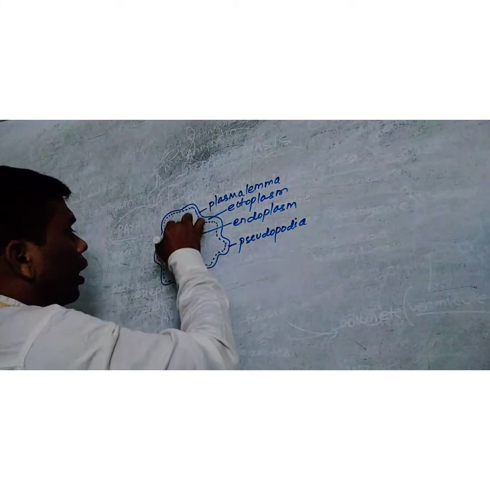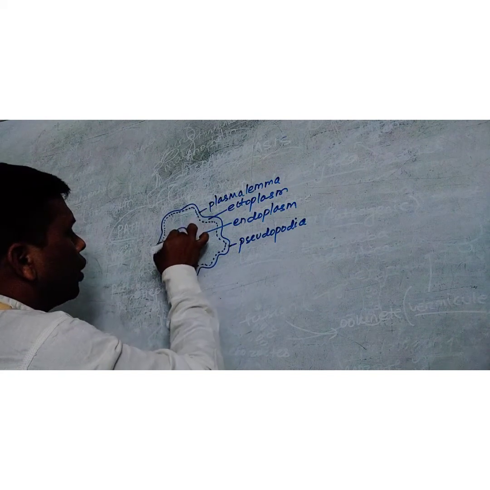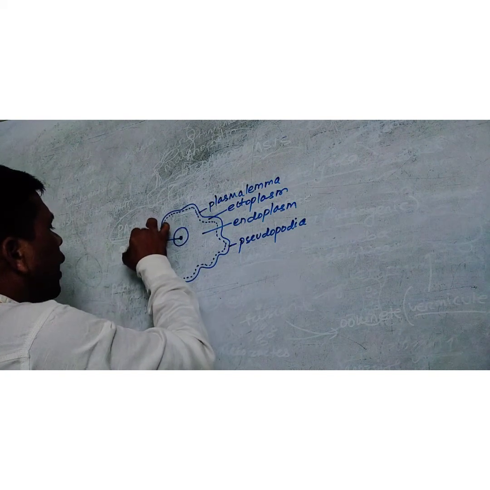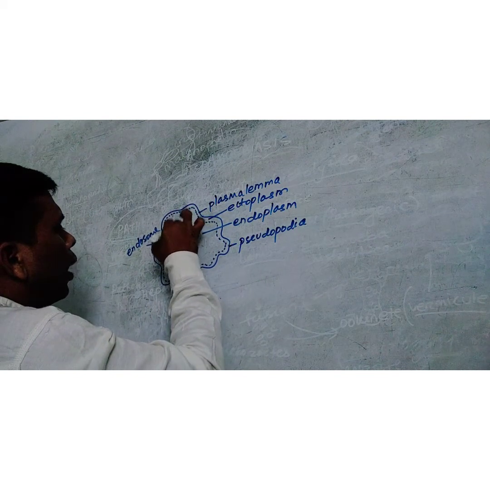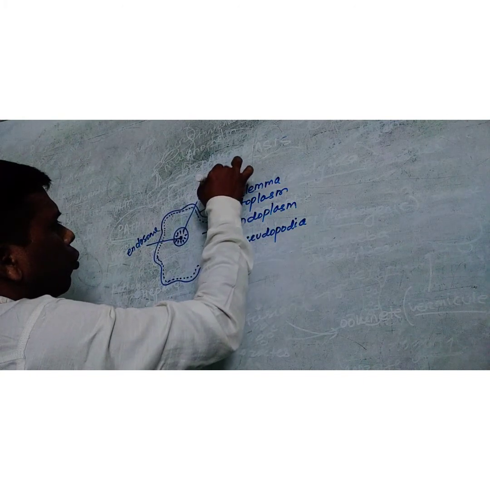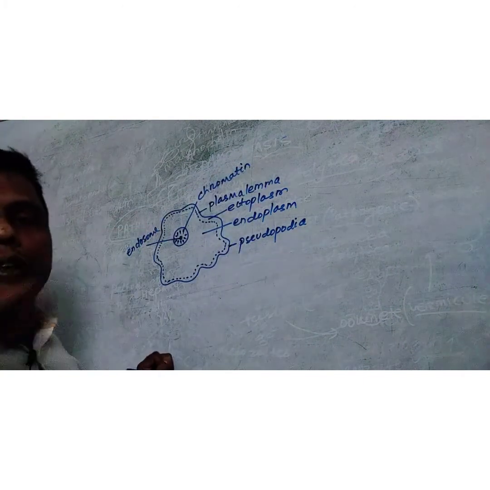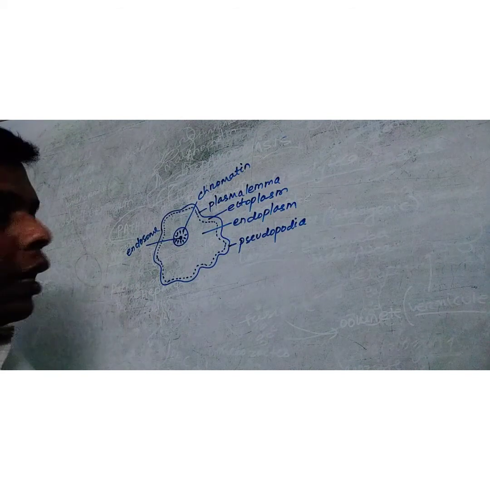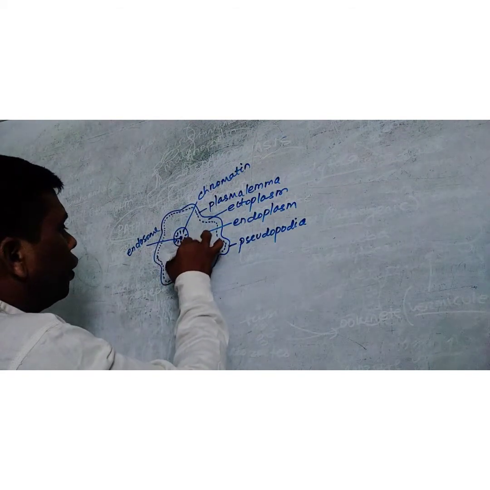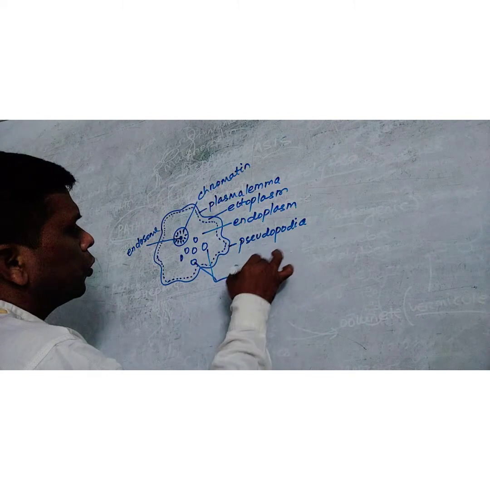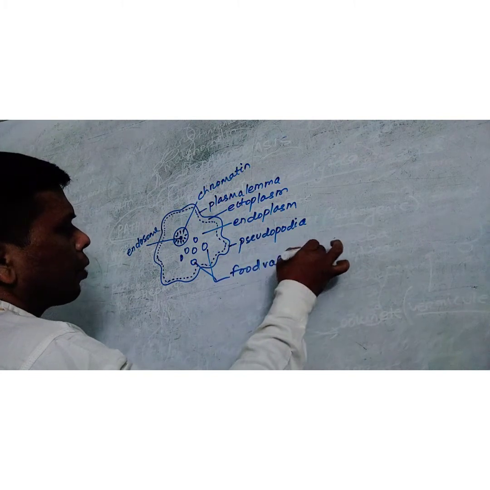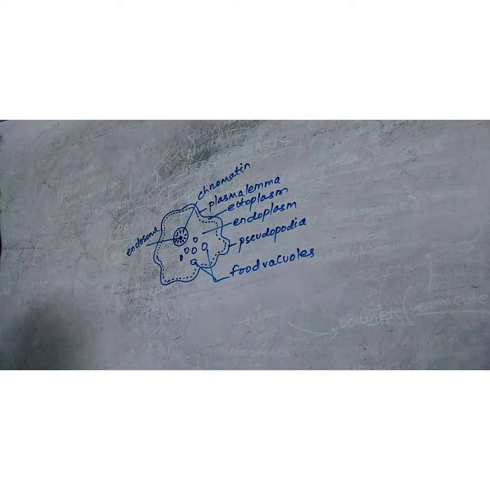At the center, there is a nucleus. The center of the nucleus carries the endosome. Around the endosome, the chromatin is arranged. Except that, there are numerous food vacuoles found in it. Okay, this is the feeding stage, or it is called the trophozoite form.